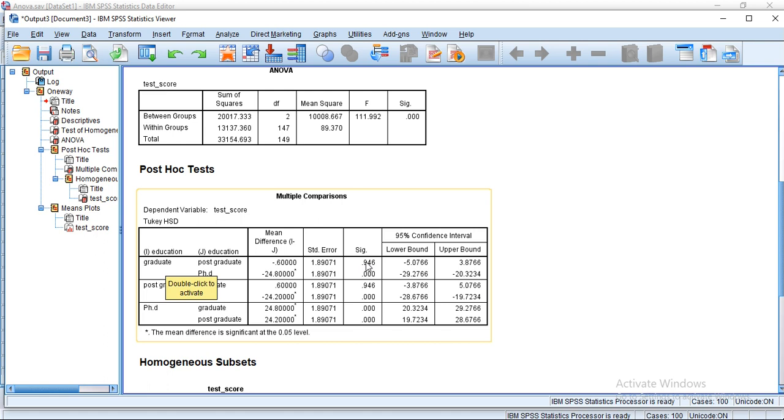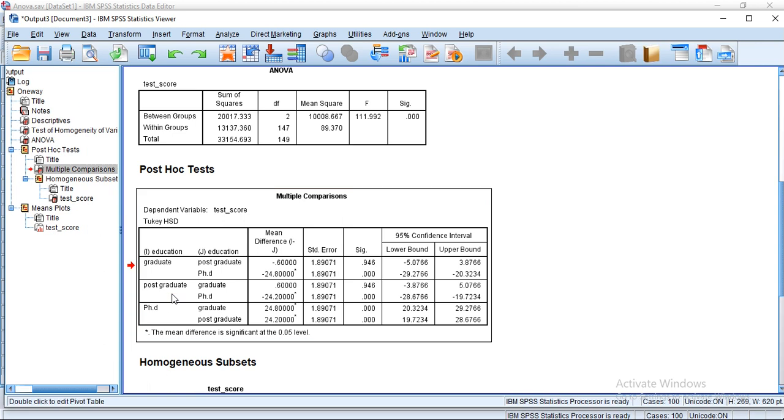There is no significant difference in the mean marks of graduate and postgraduate students, which we have seen in descriptive stats also. Now if you compare graduate students with the PhD students, significant value is less than 0.05, which says there is significant difference in the marks of graduate and PhD students, which we can confirm through descriptive stats also.